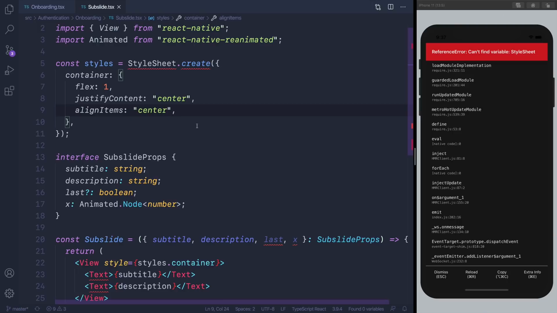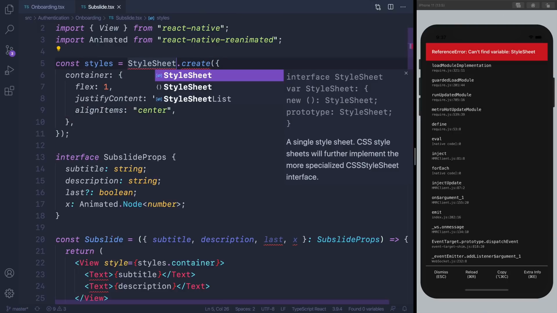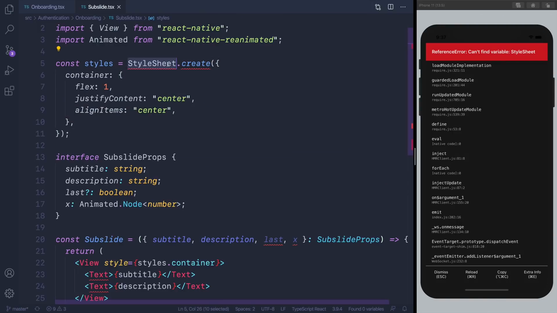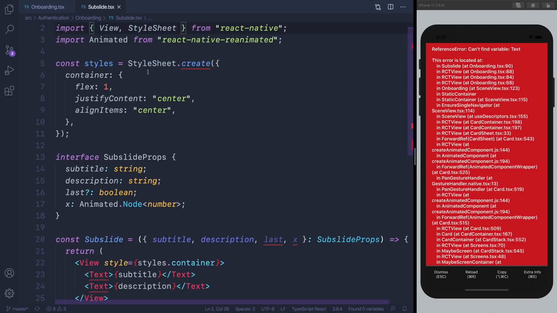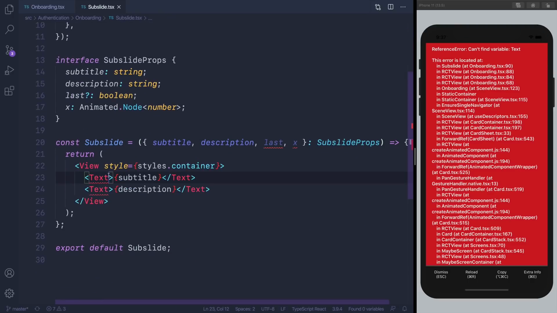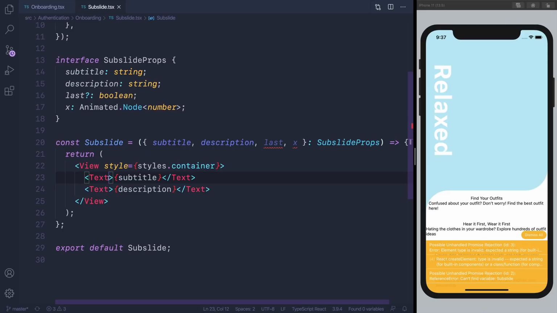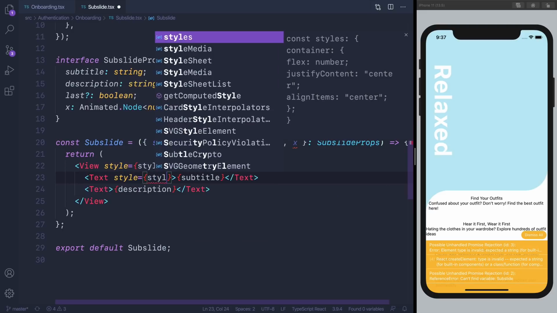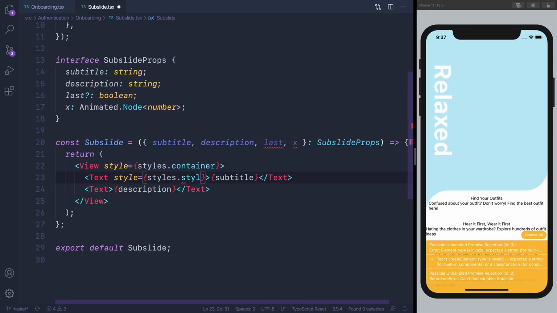I disabled the timeline plugin because I found it to be a little bit too annoying. But I have to say now I'm quite tempted actually to reactivate it. And here we'll have subtitle. And here I probably need to factorize into a style guide the typography, so subtitle, description,